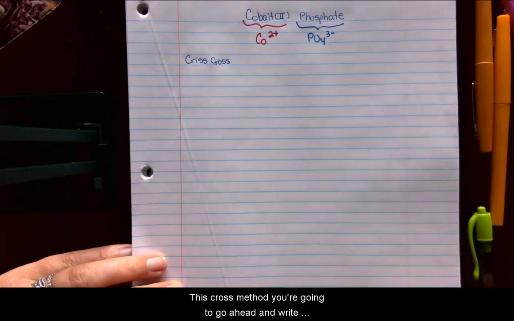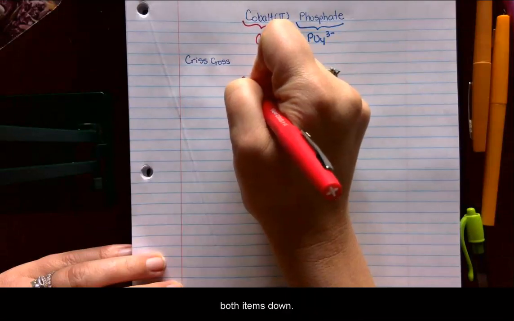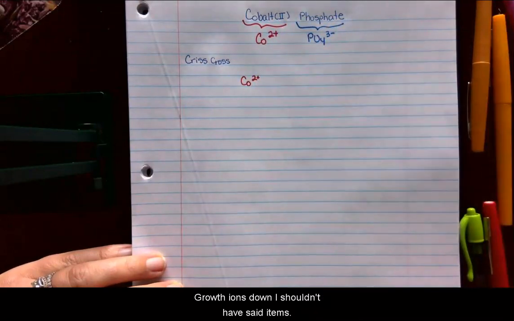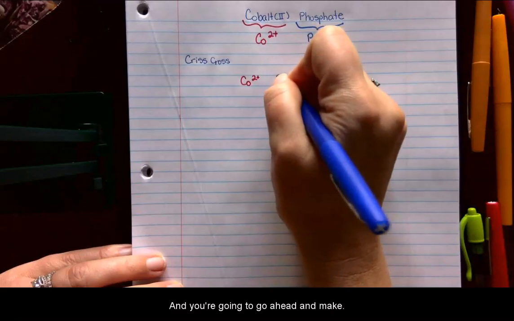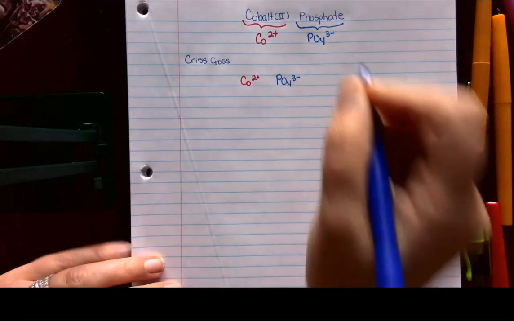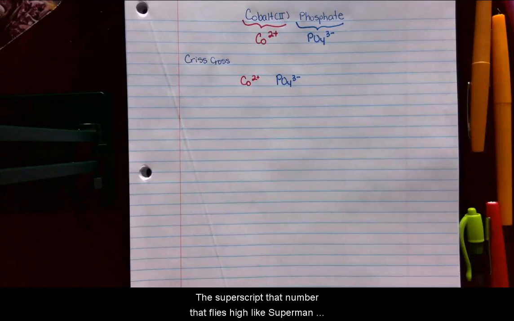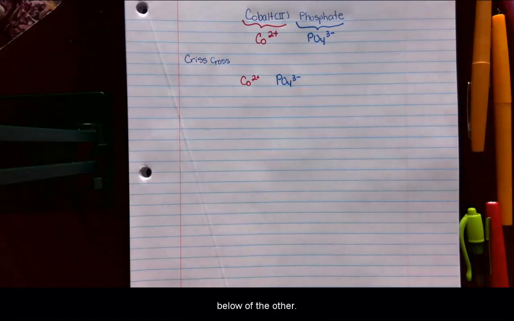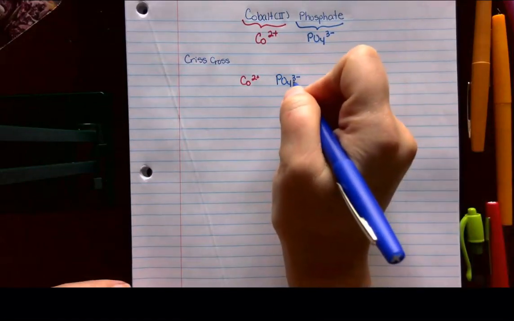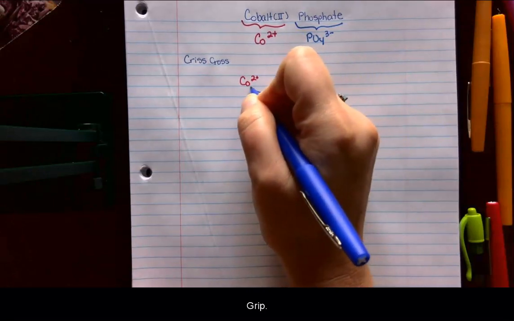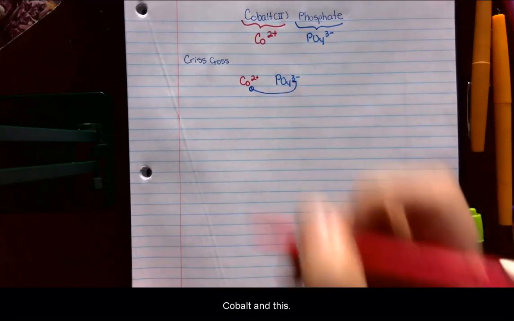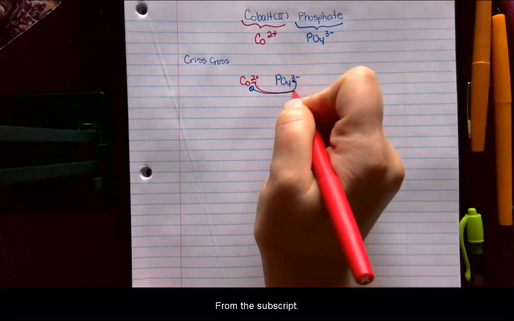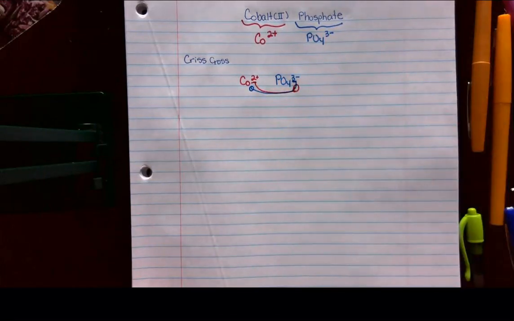So for the crisscross method, you're going to go ahead and write both ions down. You're going to make the superscript, that number that flies high like Superman, like the 2 and the 3 on cobalt and phosphate, the subscript, the one that goes below, or subterranean, sub meaning below, of the other. So this 3 becomes the subscript of cobalt, and this 2 becomes the subscript of phosphate. So we end up with